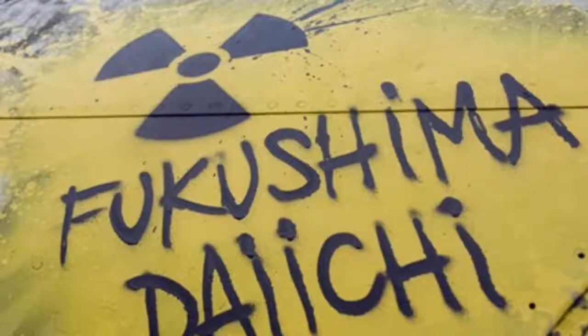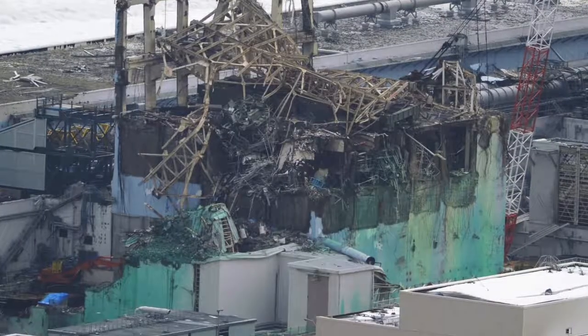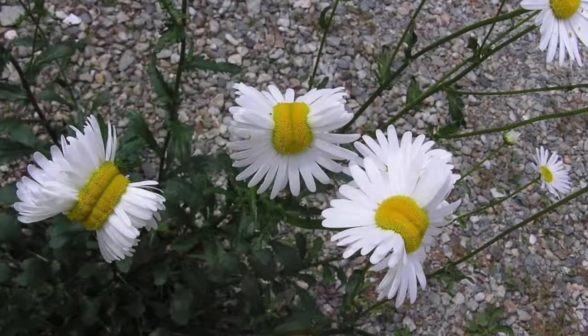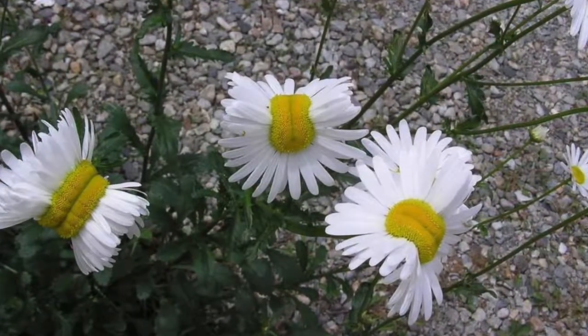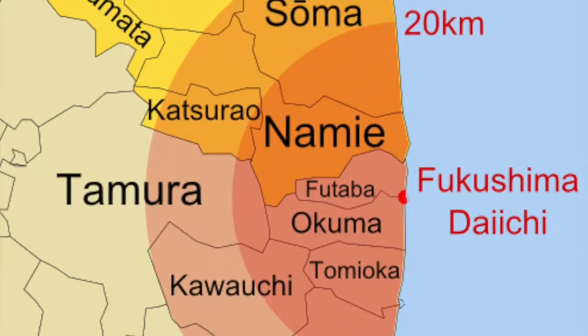Eventually, it was expanded to within 20 kilometers, and the residents within a range of 20 to 30 kilometers were instructed to stay indoors. Even though the radioactivity was almost gone, the Japanese government didn't let Japanese citizens get back to their homes for much longer because they were afraid of any possible damage.